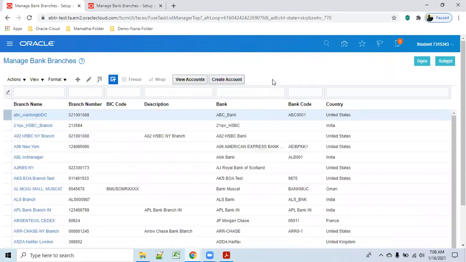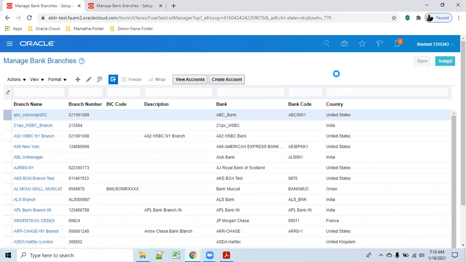So we created a branch, but for the routing number we have to give a 9-digit number. Now we are selecting and making the account.